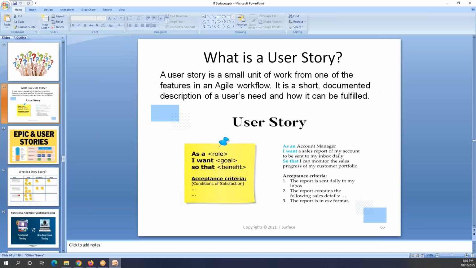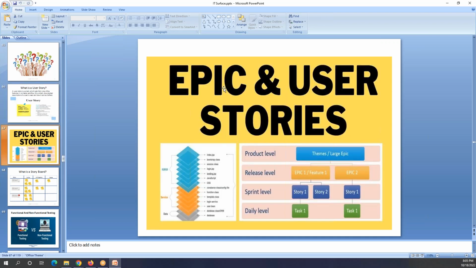Now let's go back to that Excel sheet. So user stories, right? User story is basically, if you see this one, epic and user stories. The epic is a combination of multiple user stories. If you see here, the main idea of anything, you can call that an epic, and from that epic, you can create multiple features.